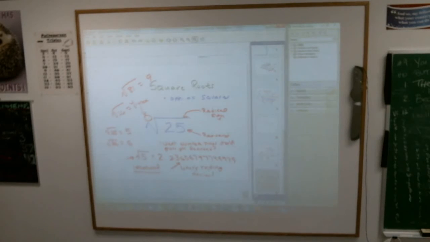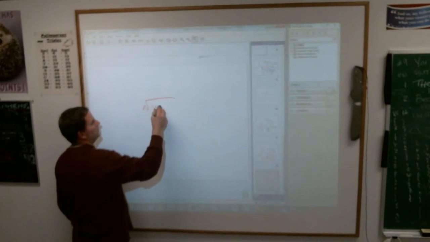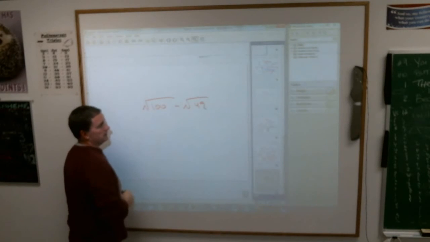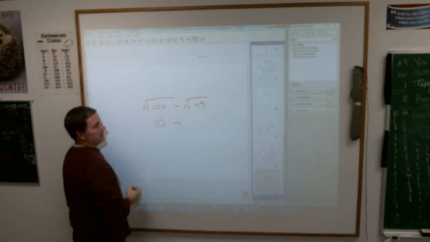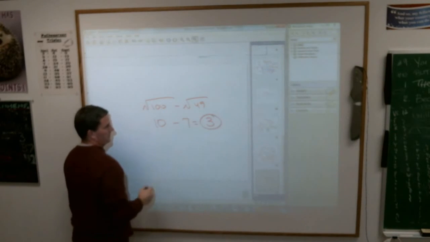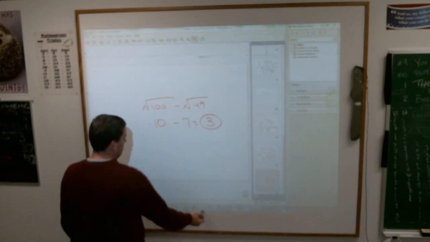So the book's going to give you something like this. It'll give you the square root of 100 minus the square root of 49, in which case you're going to change that into, square root of 100 is 10, square root of 49 is 7, and your answer would be 3. Wow. Everybody's good with that? Perfect. And then just one other thing they give you here,